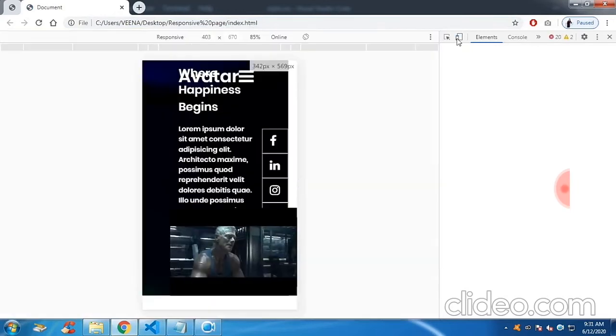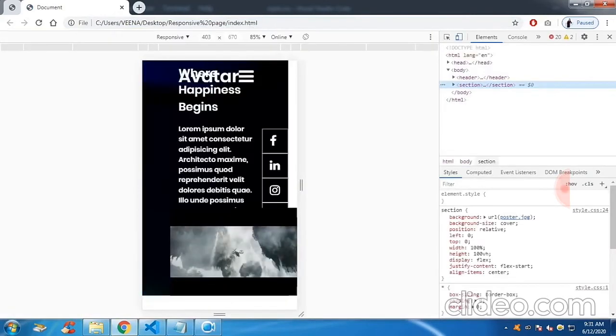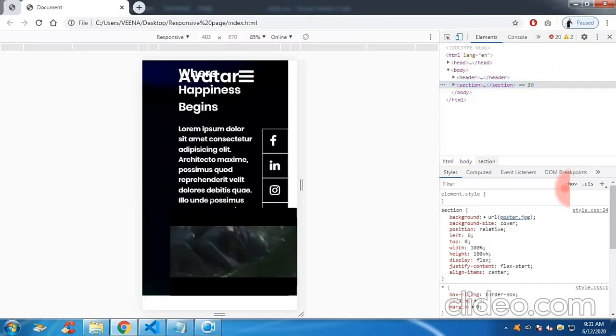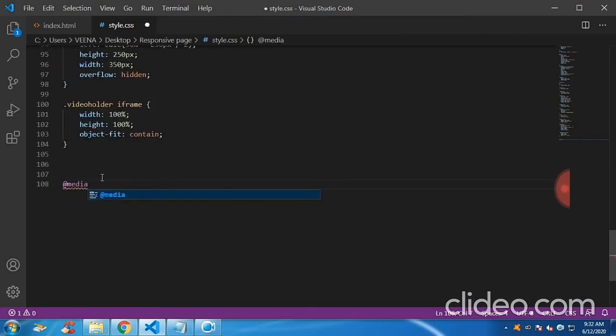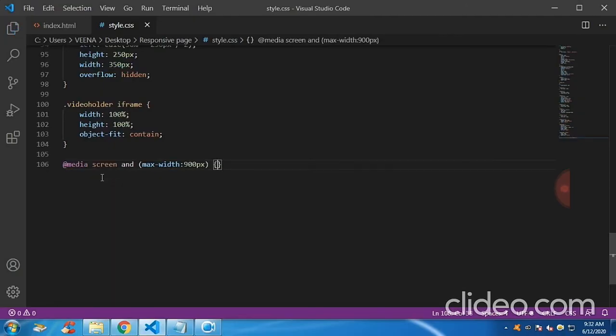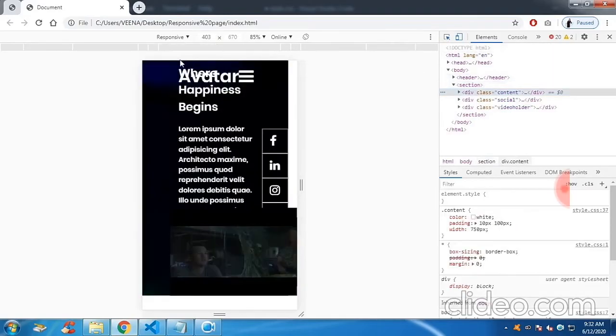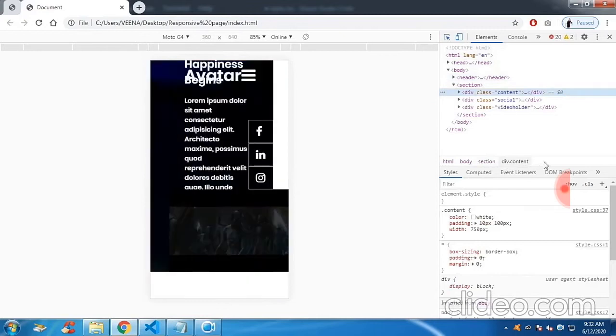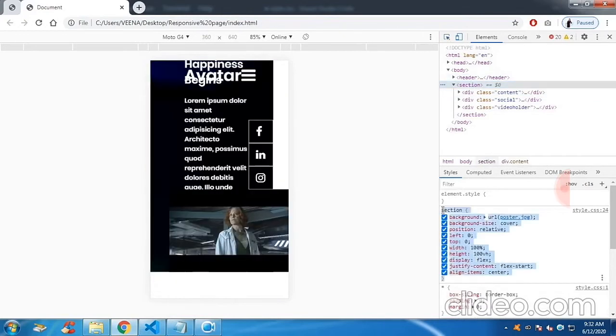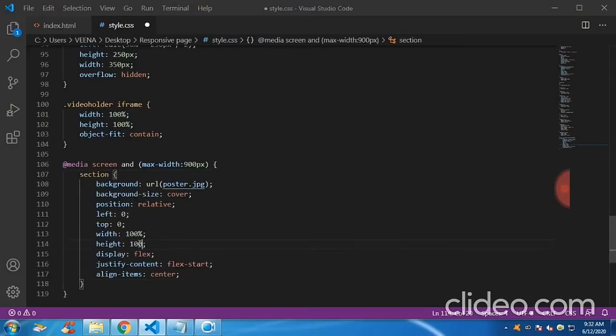Now to make it responsive, what I'm going to do is use a media query. This media query will apply when the max width is 900 pixel. That means if the screen is less than 900 pixel, this media query is going to work. The first thing I'm going to do is make the height of the section 100 pixel,